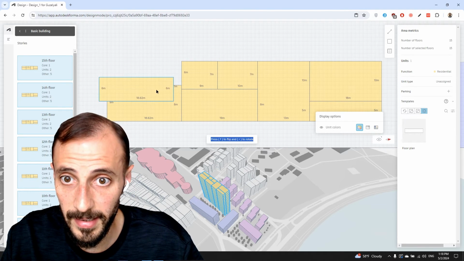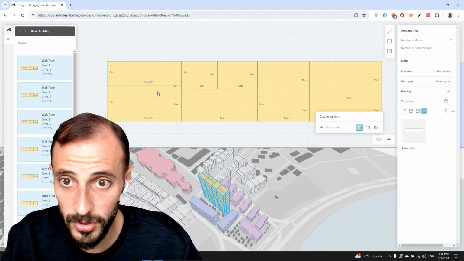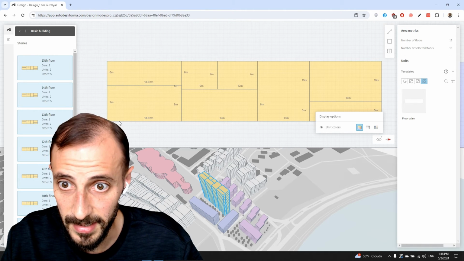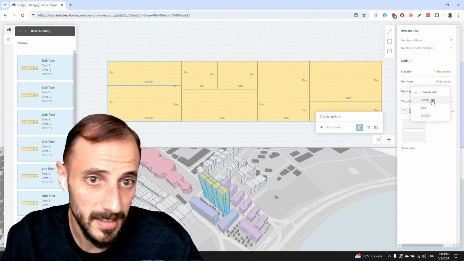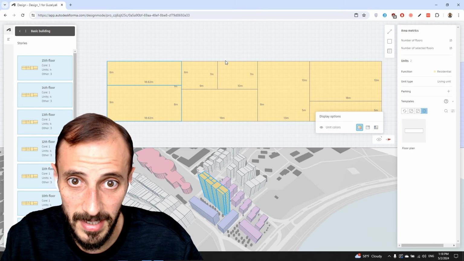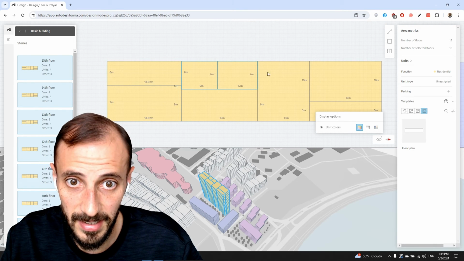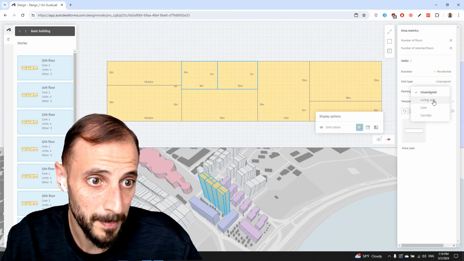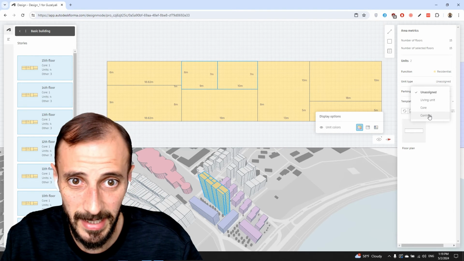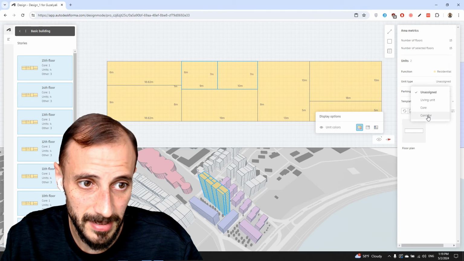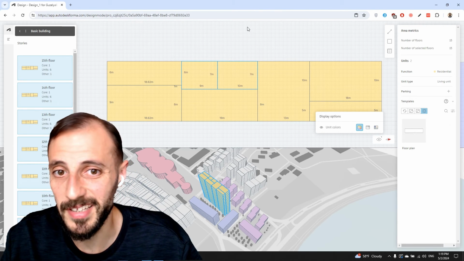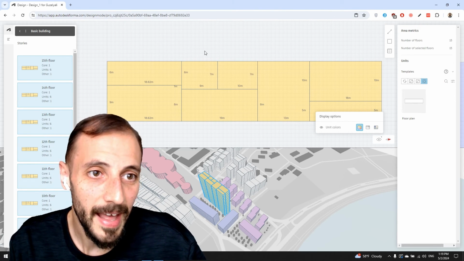Okay, and these are going to be also living units. So I can select them by pressing shift. Yes, living units. Okay, and if I go back,